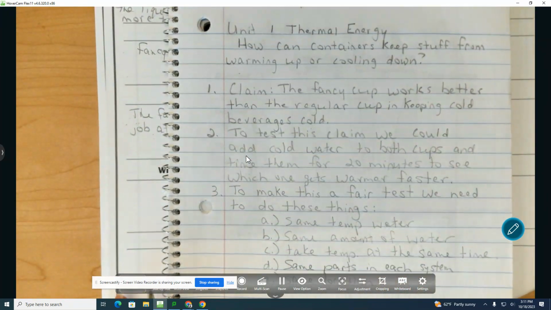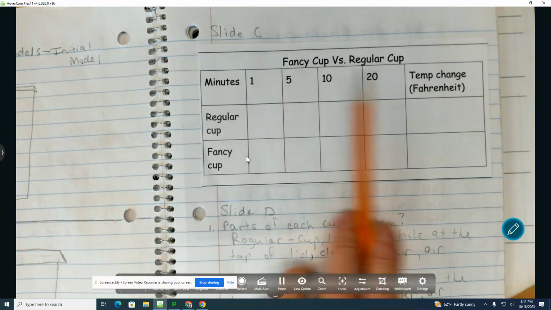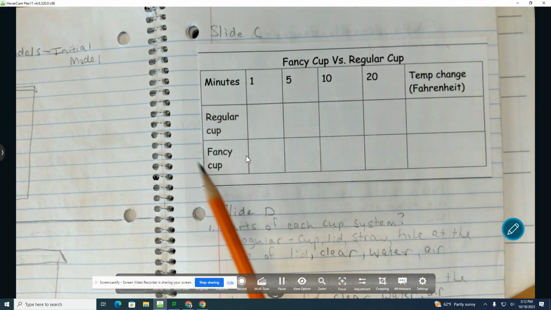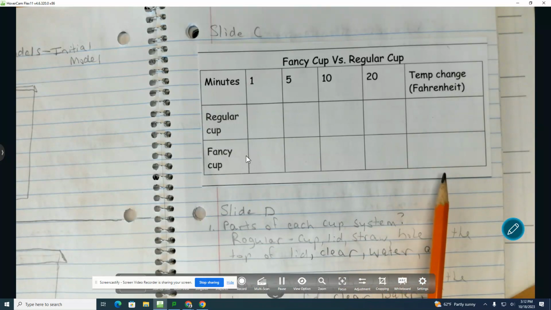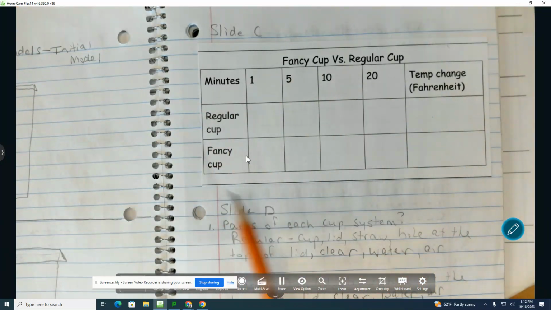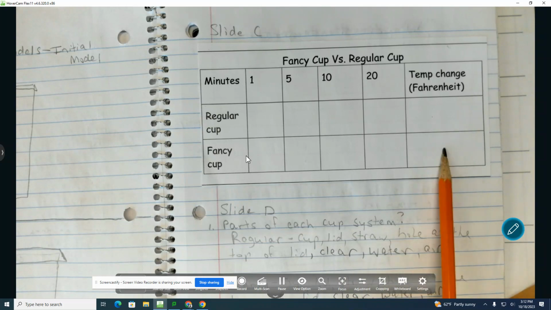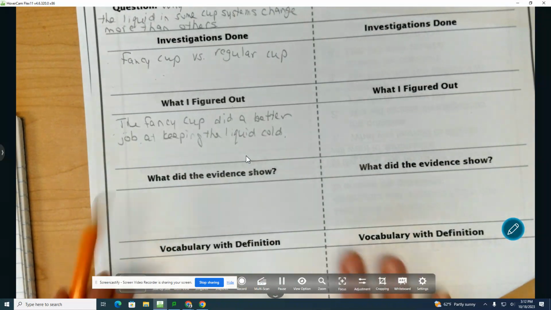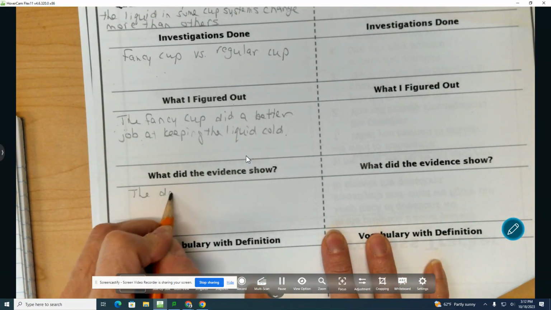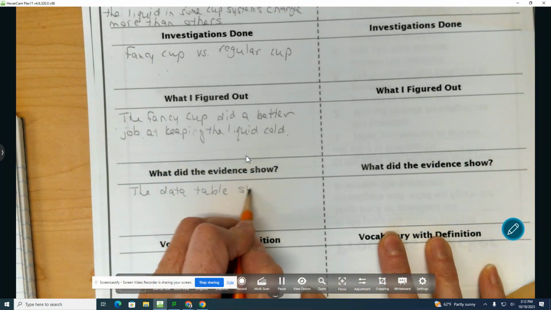So we're going to go into our journal and we're going to look at what was the evidence in this particular data table. You have this data table in your journal. What is the temperature change? I don't have it in mine because each class was different. And I'll show you where you can find some information as well. But this is where you'll find the evidence for this part right here. So you can say that the data table suggests